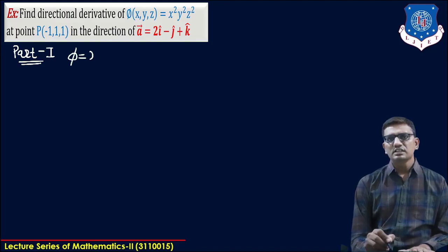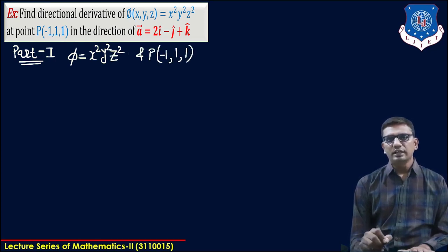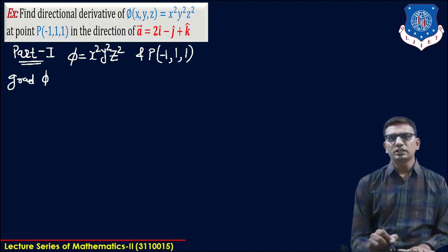Our function is x square y square z square, which is our scalar valued function, and the point is minus 1, 1, 1. Now we will find the gradient of function phi, which is del phi, and it is equal